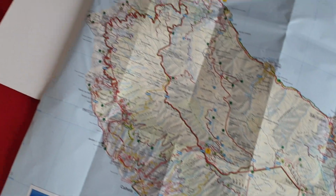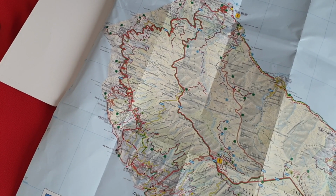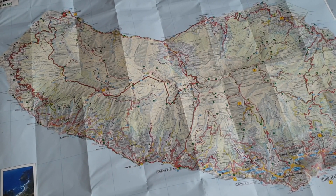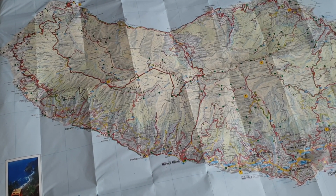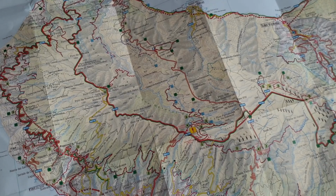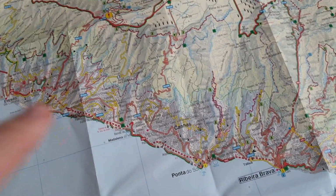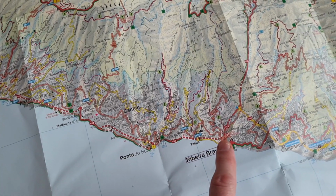And as you can see from the road system, it's just extraordinarily twisty and complex with a lot of ascents and descents. There is a road that goes around the edge of the island. Because the coast is so indented and mountainous, and here's a good example like that on the left-hand side. What they've done is they've built long sections of tunnels. So when you look on the map, that's a tunnel, that's a tunnel, that's a tunnel,